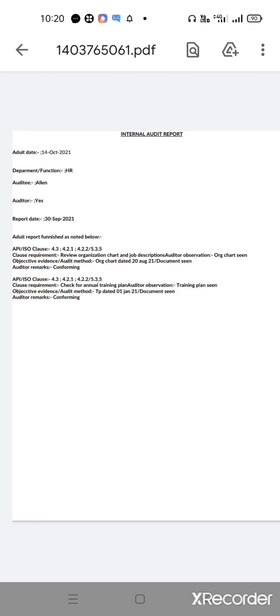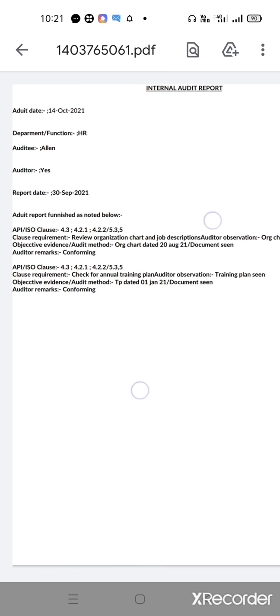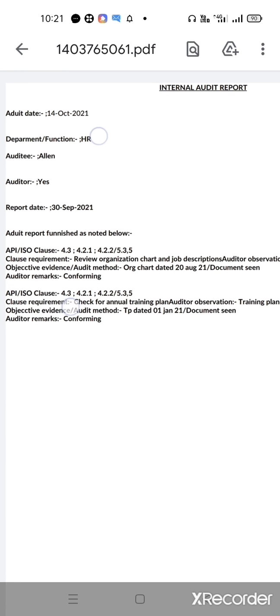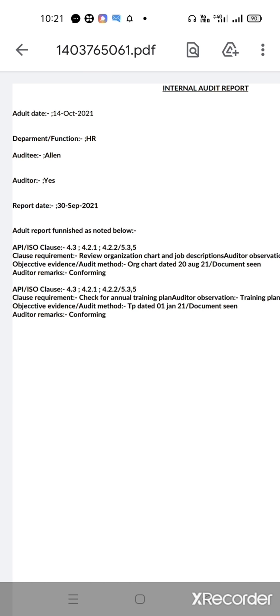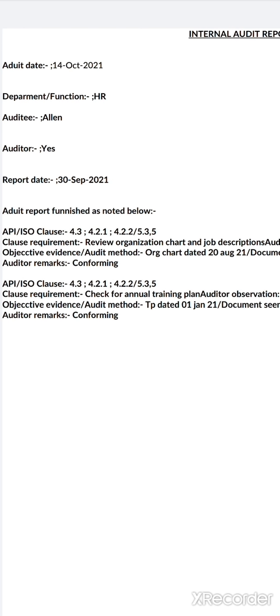So now you can see the downloaded audit report: audit date, department, auditee, auditor, report date, and we attended 2 check sheets. Those 2 check sheet items are detailed here.